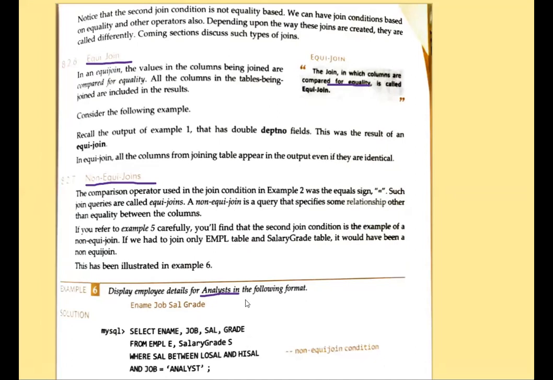Now basically, no need to understand what is the query or where are the tables.